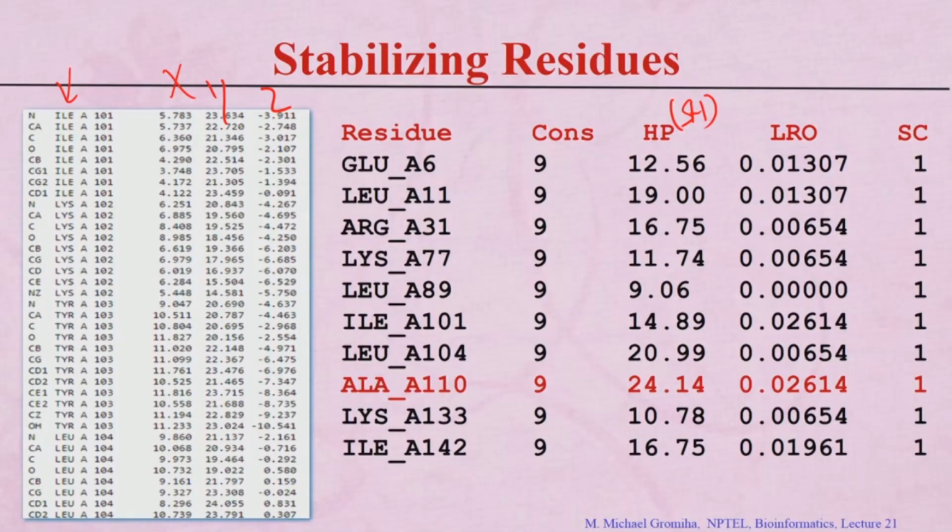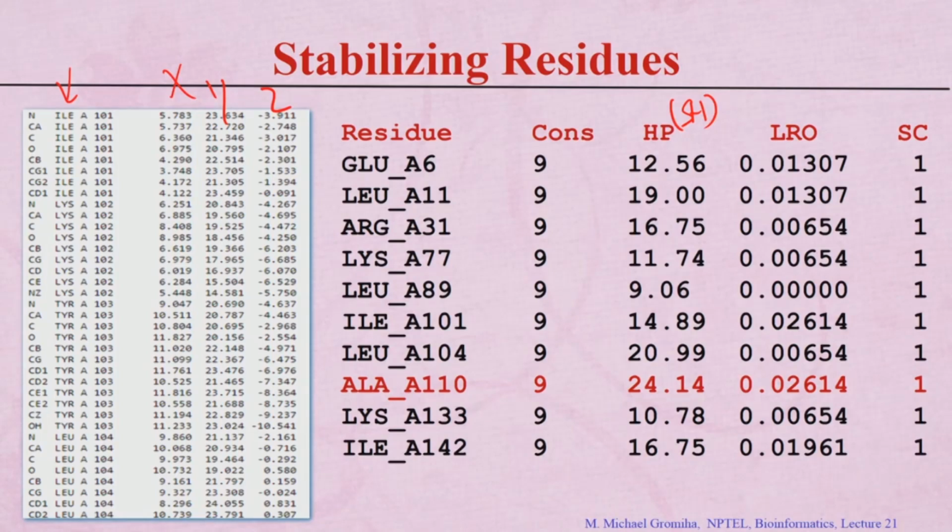If you apply these conditions, then if you see these numbers, which are the residues which satisfy all the conditions? Concentration should be more than 6. In this case almost all the residues have more than 6, and if you see the stabilization center, that is more than or equal to 1, so everything is fine. So then you look for the